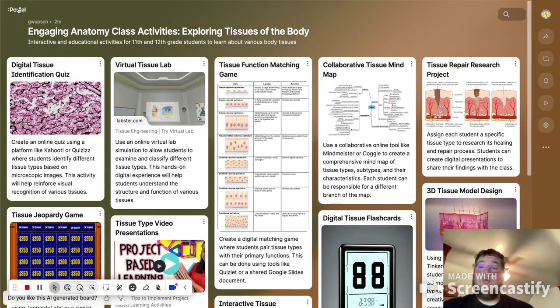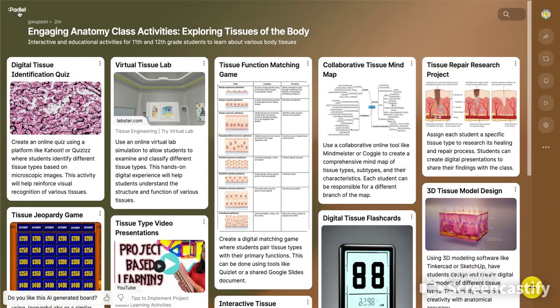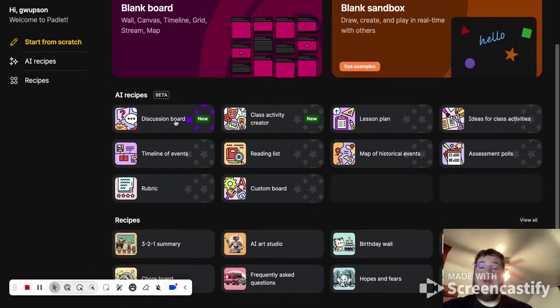Like I said, though, this is a really cool interactive idea. Just going back, you can create discussion boards, reading lists, whatever you want to do, it will spit it out. It just takes a minute to think about it. But I really like these ideas for class activities. It just spits them out. Or with the class activity creator, you can take one of those, put it in this, and then it will spit out everything you need to make the activity. It's just a really neat